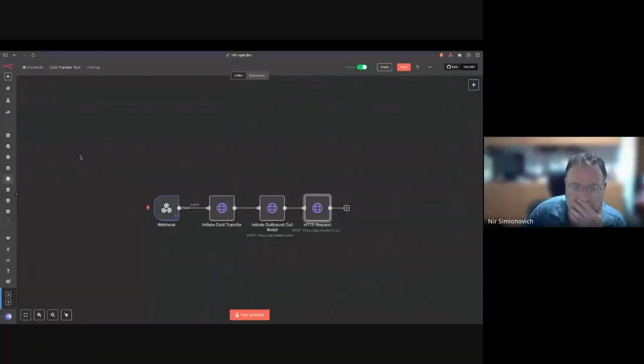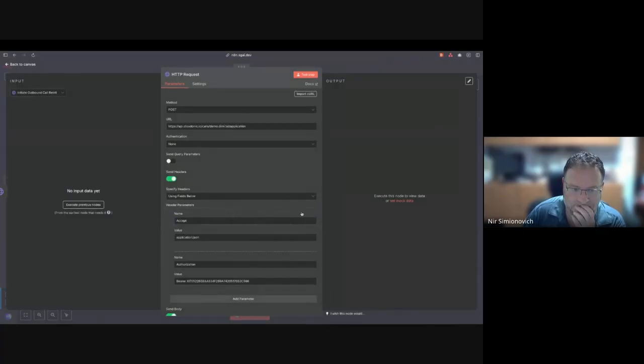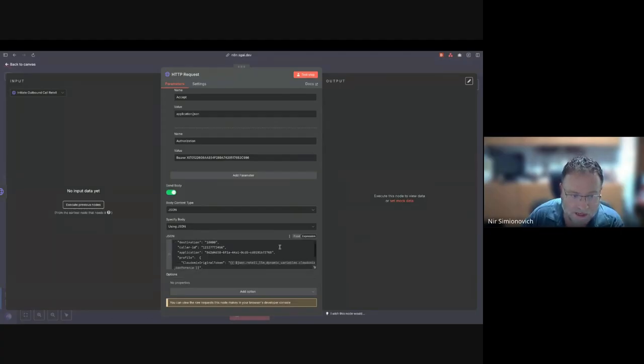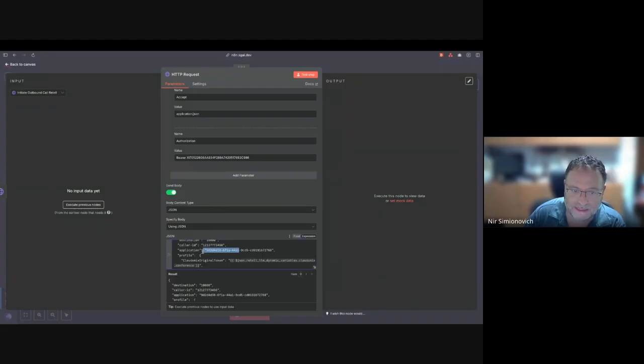So, show the N8N screen from your side. So, the HTTP request, the last one, show it here. You can see that we're actually calling an application UUID here. This is the UUID assigned to the container application on Cloudonix.